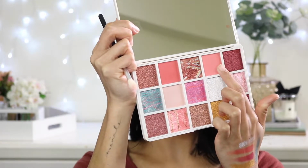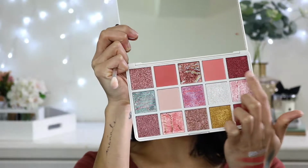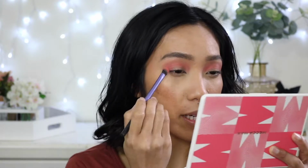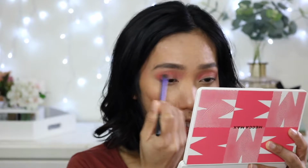pretty. So now that I've placed that colored Jelly, I am going to grab a fluffier brush, and I am going to take this shade called Chewy. It's a little bit lighter than Jelly, which is this one right here. So we're going to use that as more of a blender shade and concentrate that more on the upper part of the crease. For some reason, that shade without a good base looks brown on my skin tone. So we're going to go back to Jelly to intensify the shade